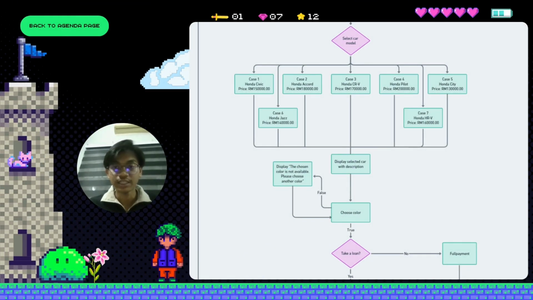After the customer keys in their budget, we will show them our listed cars. But we use a switch case statement because we only show cars according to their budget. If the budget does not meet our car price, it will not show up to the customer. And after the customer makes a choice of their chosen car, there will be some description for the car, and then we will ask the customer to choose